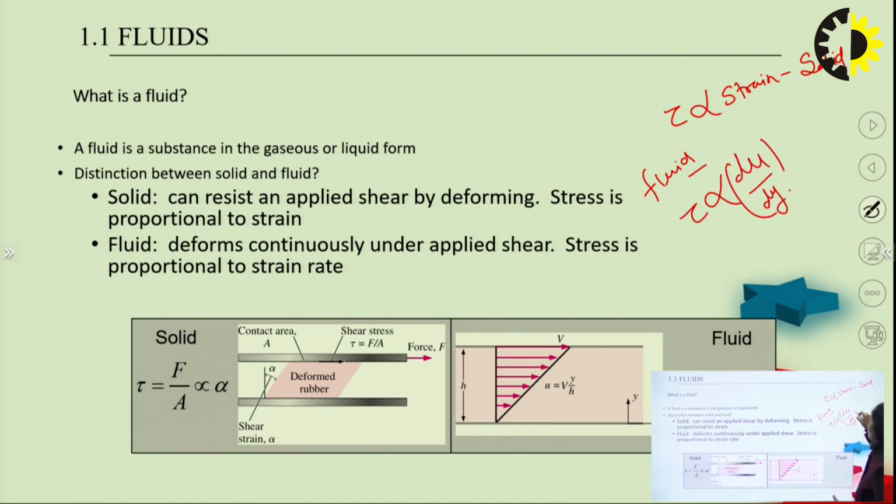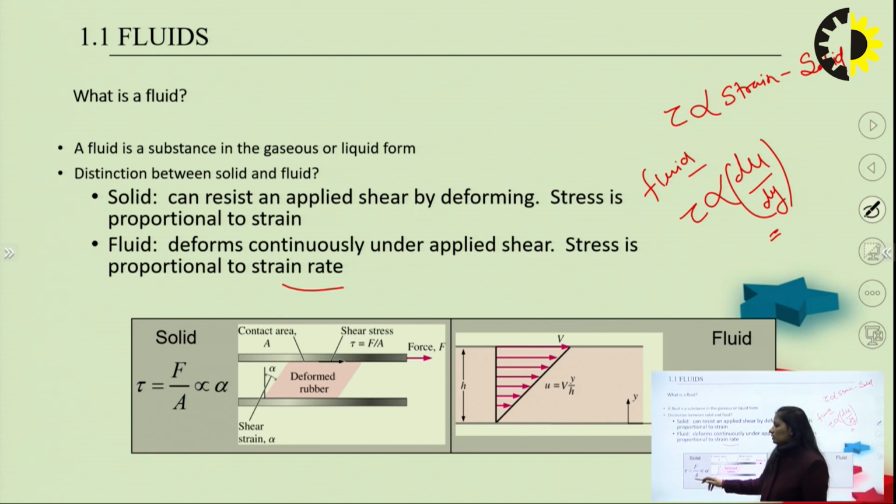This is du by dy. Okay, this is actually your velocity gradient. You can say it as velocity gradient, you can say it as strain rate. So see here, this is a case of solid where we are saying the shear stress is simply force divided by area. Okay, and what is the force? Whatever area on which the particular force is acting, this will be your capital A, and F is the force in Newtons that we are applying. So this is proportional to, as we have seen here, simple strain.